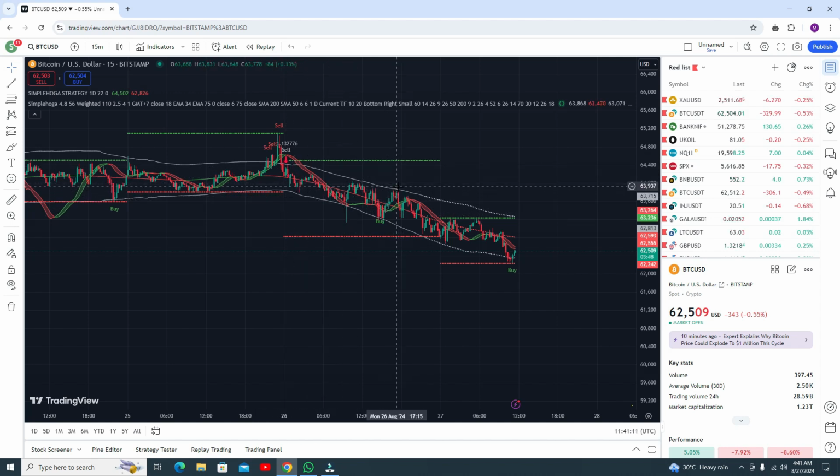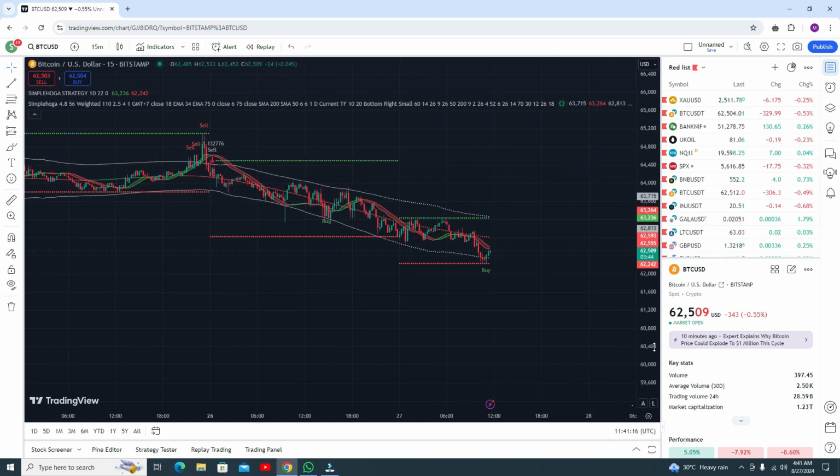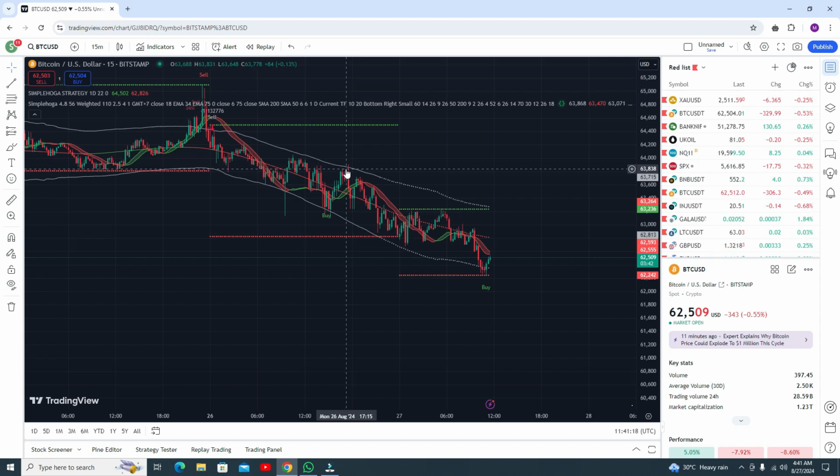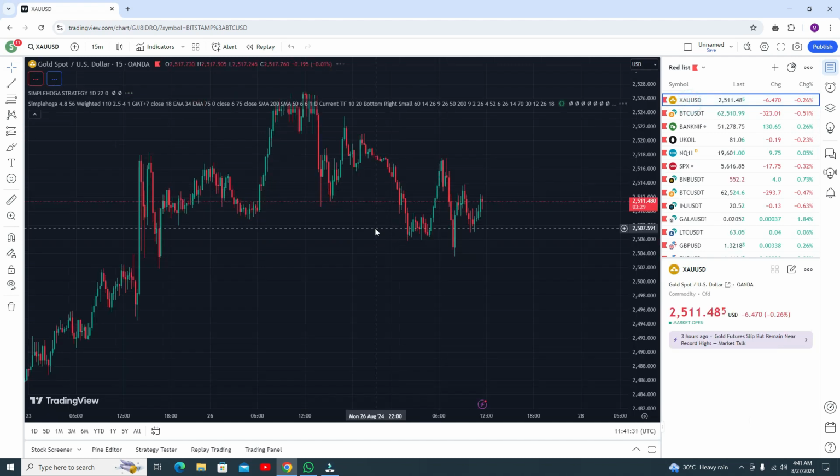The second, you can go for another sell position from this point when the candle is very close to the upper band line. Okay, this is actually RSI ribbon. Here you can see. Now hopefully you will understand the whole study. It's a very simple strategy and very effective. Let me show you results in gold.